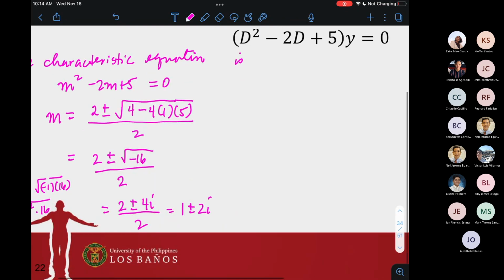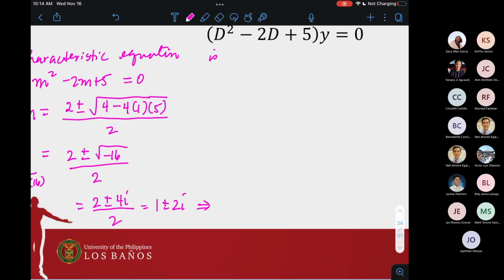Right? So the real part here, ang real part dito ay 1 at ang imaginary part ay plus or minus 2i. Oh, sorry, ang imaginary part ay 2. If we follow the conventions that we have before, kasi sabi natin kanina, dun sa case number 3, ang complex roots ay a plus or minus bi. Dahil dito na-compute natin na root ay 1 plus or minus 2i, so a equals 1 and b is equal to 2. So therefore, the general solution